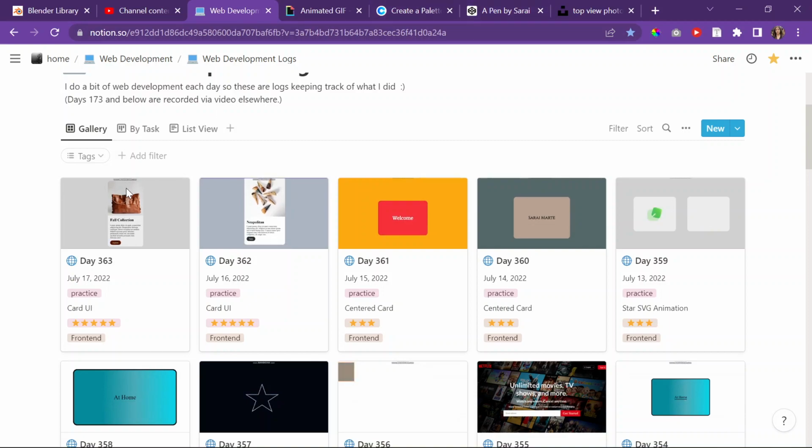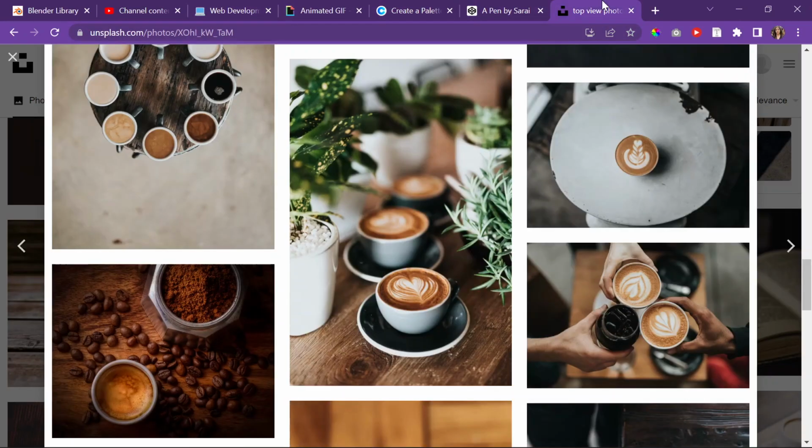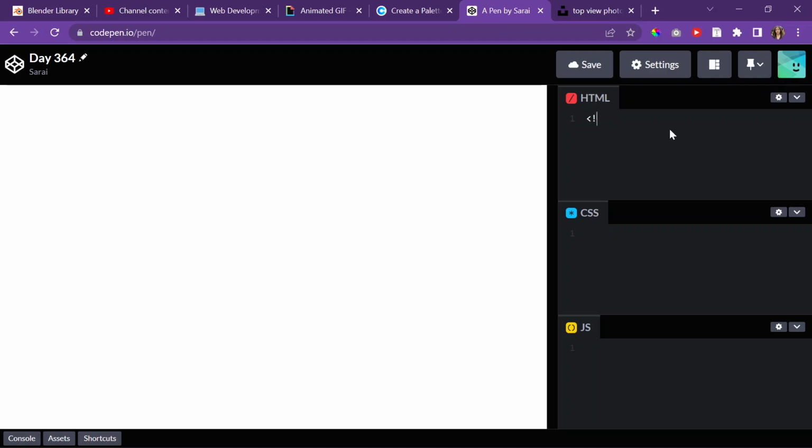And today I'm going to do what I've been doing for the past 2 days, and I'm just going to make a centered card. I think the theme today is going to be coffee or cappuccinos or something. I don't know. I'm just going to go with it. So I'll create a new